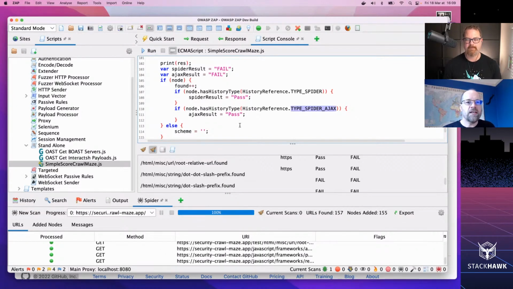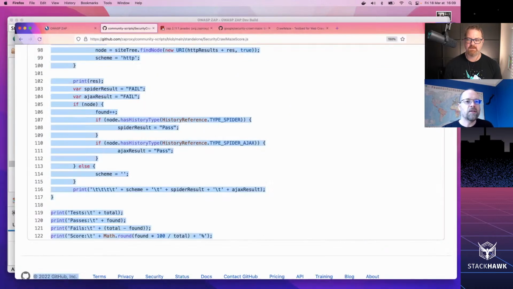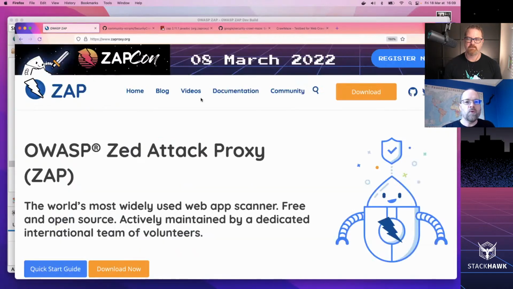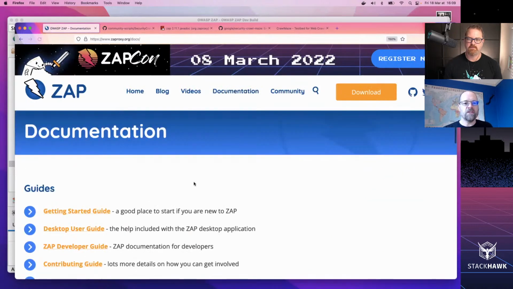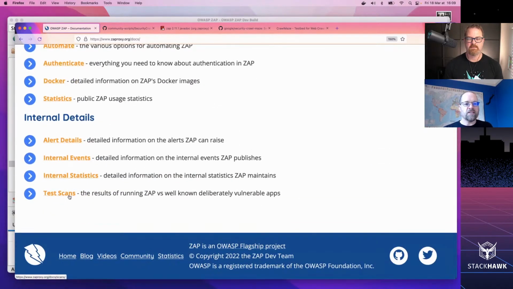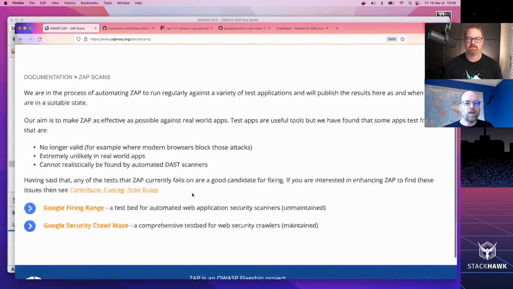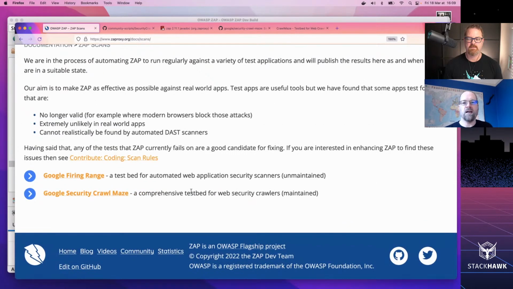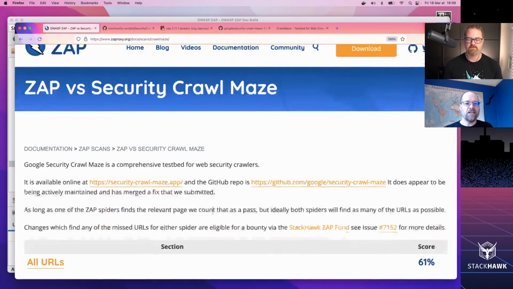And actually, if we go back to zaproxy.org and you go to documentation and scroll down to the end, you'll see test scans. And we have two sets of results here, plan to add to them. We've got Firing Range and we've got Google Security Crawl Maze. And if you click on that, then you see a bit of